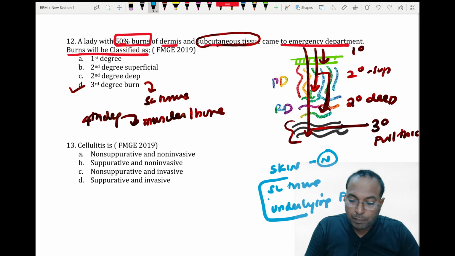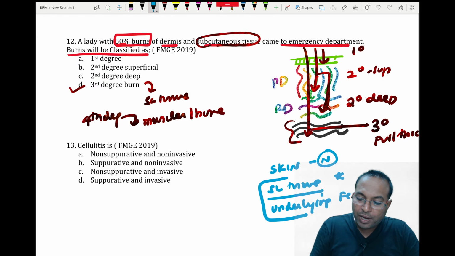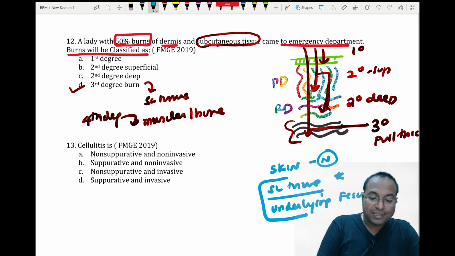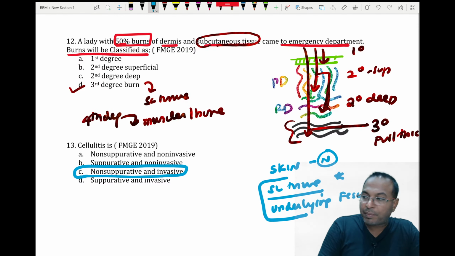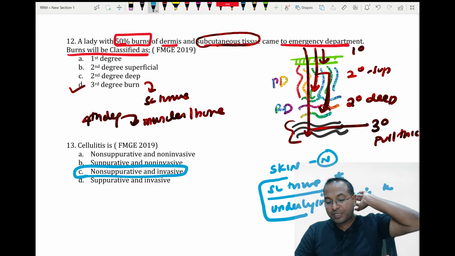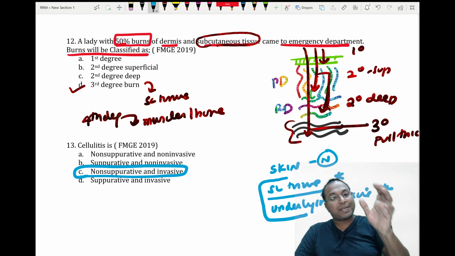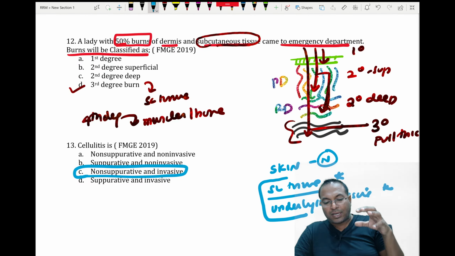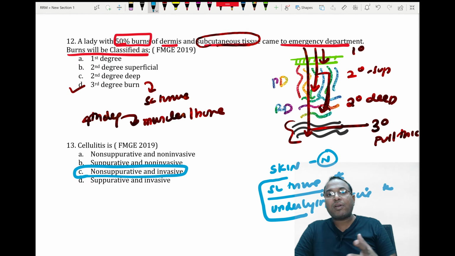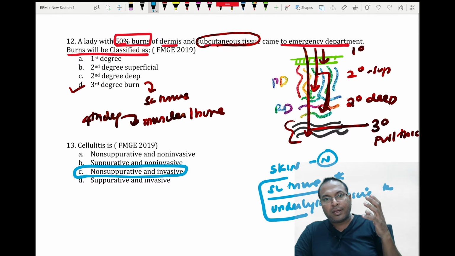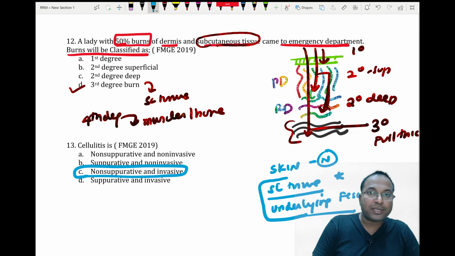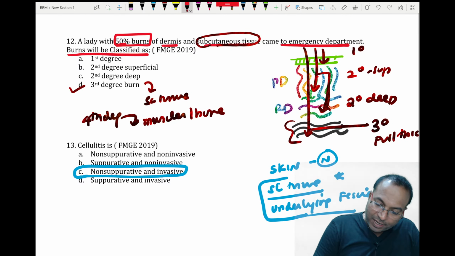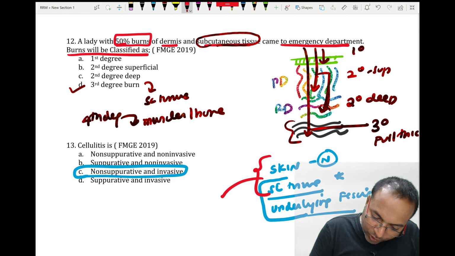Please remember, it mainly attacks the subcutaneous tissue and the underlying fascia. So it is a non-suppurative invasive lesion. Suppurative means they will form pus. There is no pus here. It is a non-pus forming inflammatory problem of the subcutaneous tissue and underlying fascias. Please remember, if there is an inflammation of the skin and subcutaneous tissue, it is known as